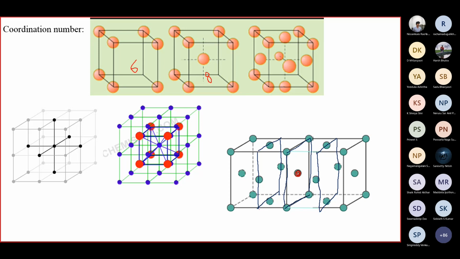For this atom, all the atoms which are on this plane, that is the atoms at the corners of the plane, are at equal distance. These 4. Also, for this atom, the atoms on the neighboring plane are also at the same distance. Similarly for this atom, the neighboring atoms are also at a similar distance. This is the only way you can imagine them. If you want, you can always work it out.